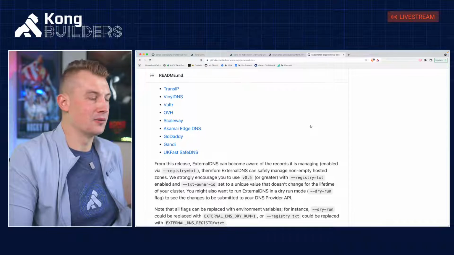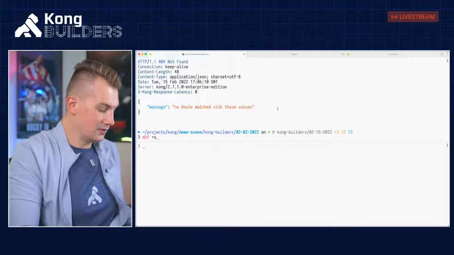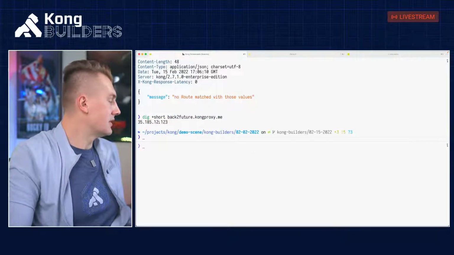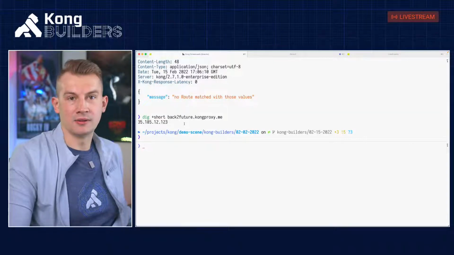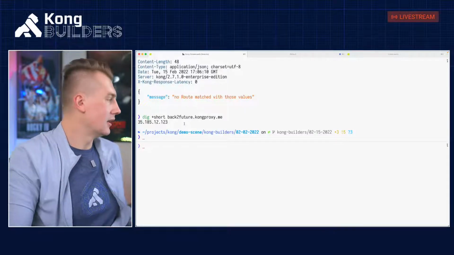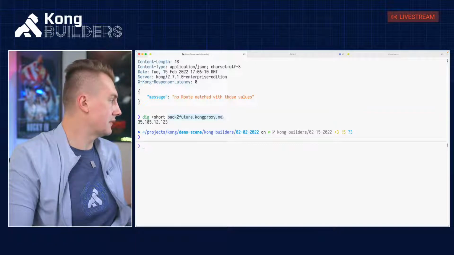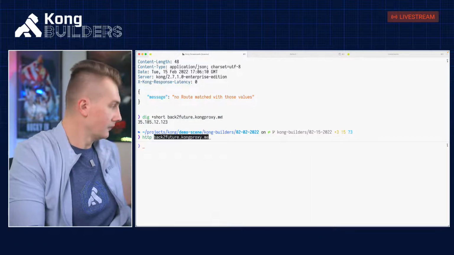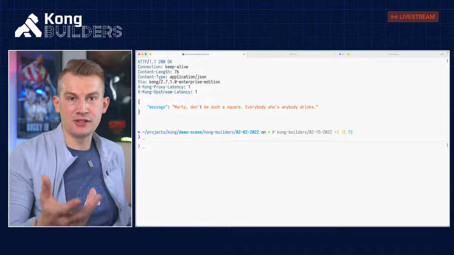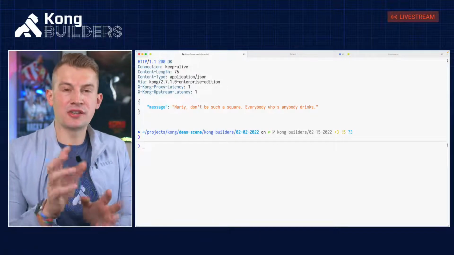So when I do something like dig short, in this case it will be pointing to my Quonk. And when I hit this URL, Quonk will tell me that I'm actually hitting the right service. So if I go ahead and do something like this, I got the response from my service. Now in this case, I don't need to use the header with the host, so I can use this directly. So this is the approach that I like to use